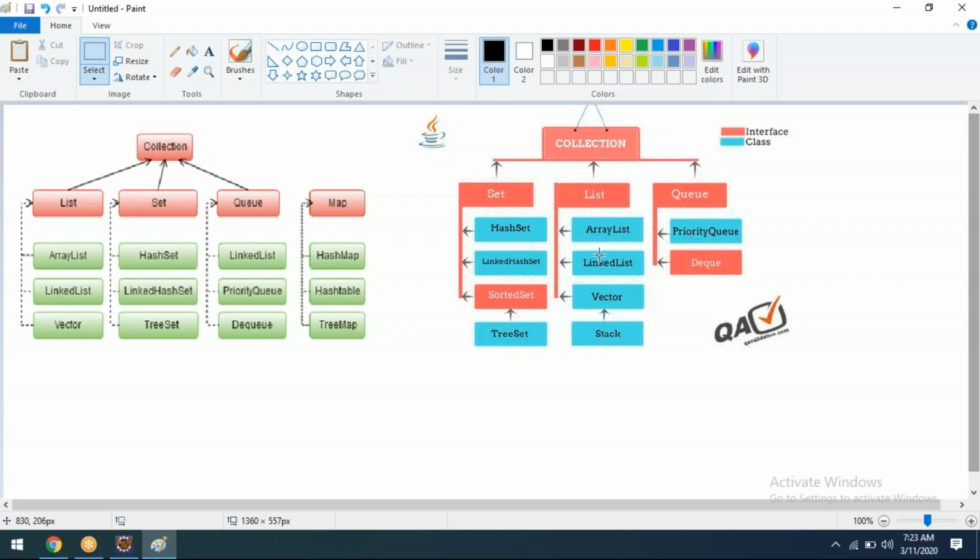List is an interface. Under the list, we have 4 classes: array list, linked list, vector, and stack. Stack is the subclass of vector. That we need to understand. And here, vector we are calling as the legacy class. What do you mean by legacy?